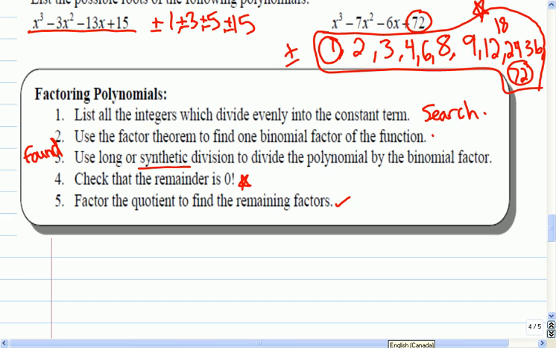Okay, so that's a lot of steps written out, a lot of language. When we practice, you'll see the procedure is pretty simple, you don't need to memorize. Basically, it has look for your possible factors, test your possible factors, use your possible factors. Okay, so let's